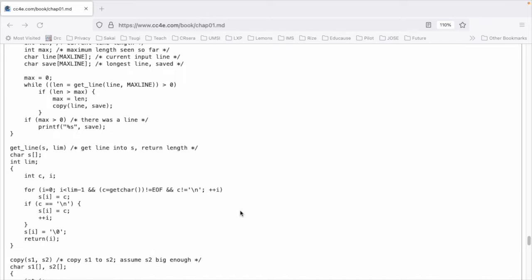Onto the code. max = 0; while ((len = getLine(line, MAXLINE)) > 0)